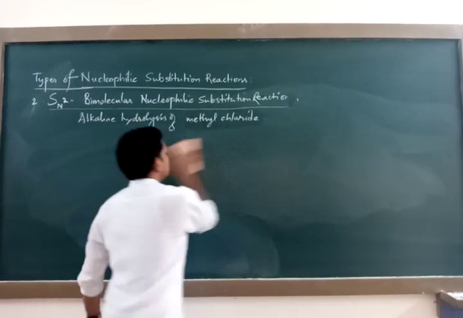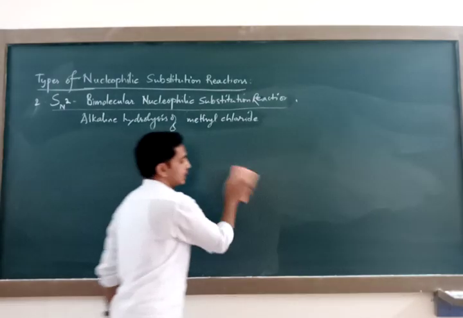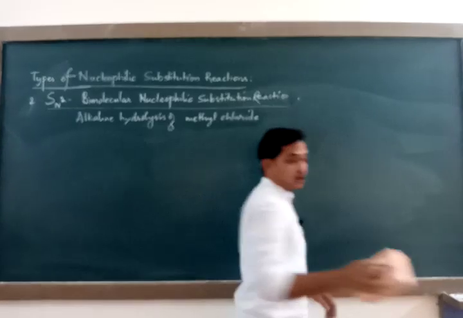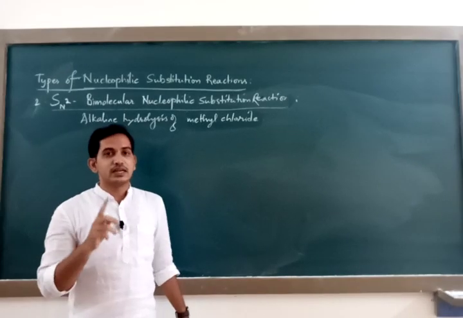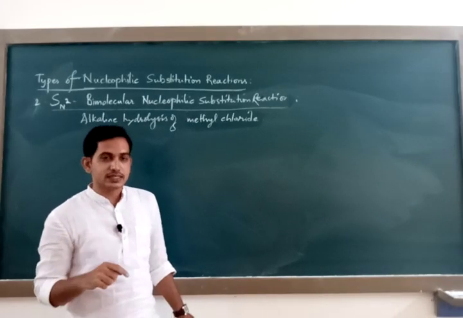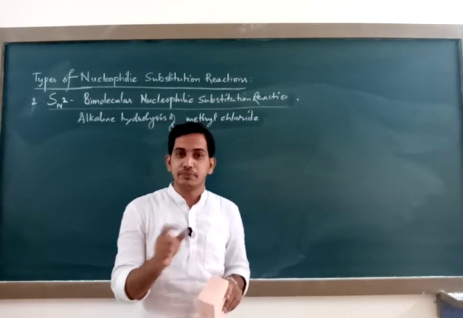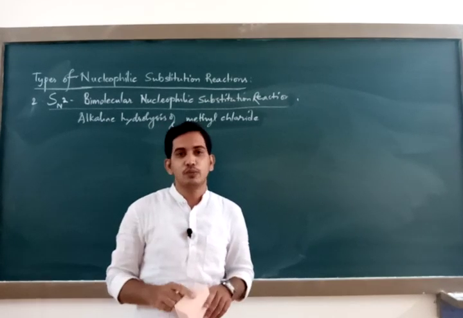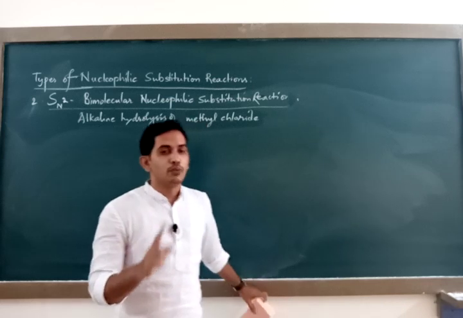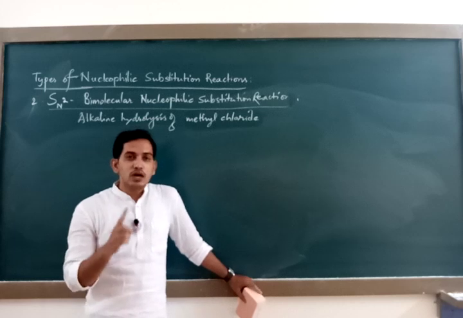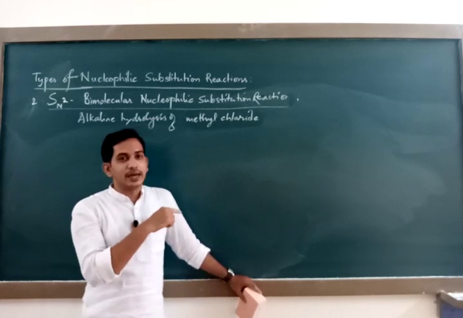There are a few points to be remembered while you are practicing SN1 and SN2. SN1 reaction involves formation of a carbocation, and for this reason polar solvents are compulsory. Unless a polar solvent is taken, you cannot break the bond between carbon and halogen present in tertiary butyl bromide, because that bond is a stronger one. To break that, you need compulsorily a polar solvent, whereas a polar solvent's presence is not compulsory in SN2 reaction.